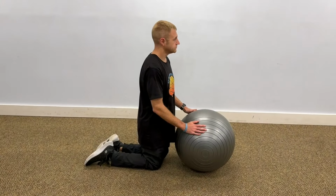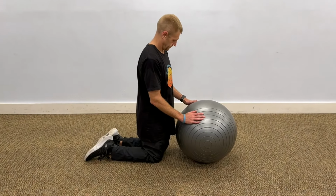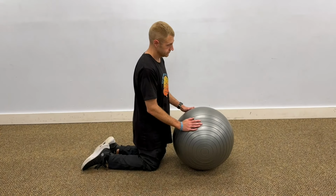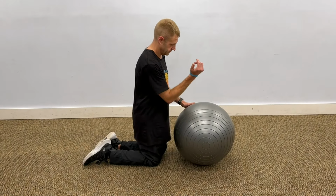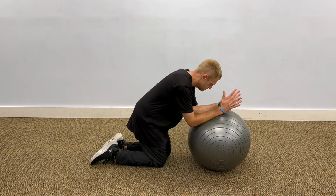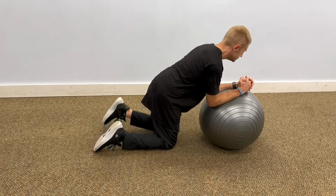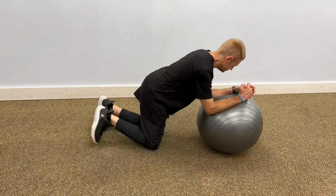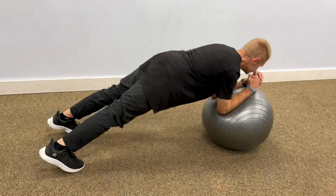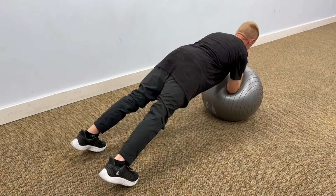All right, now we're going to do stability ball rollouts. Abs, upper back, chest, shoulders. Now what I want you to do is just basically you lay your weight on your forearms, on the ball, into the ball. Yeah, you want to be kind of off. Now straighten your body out. Legs back there. And if you want a greater challenge, you can have your feet pretty close together. If that's too hard to...